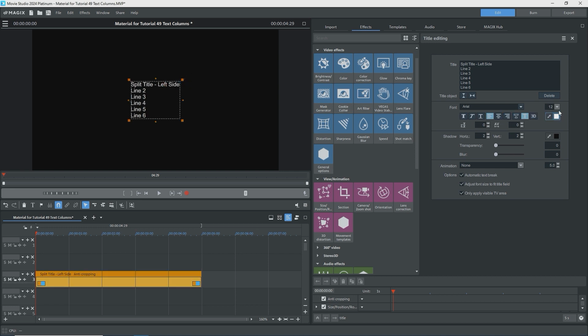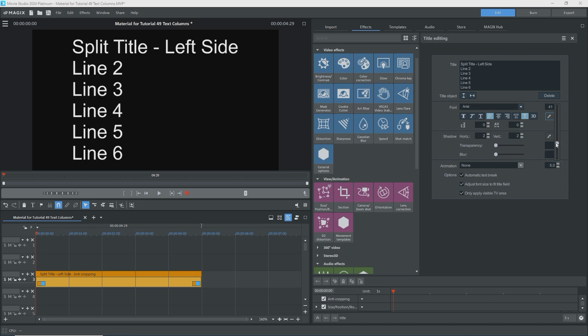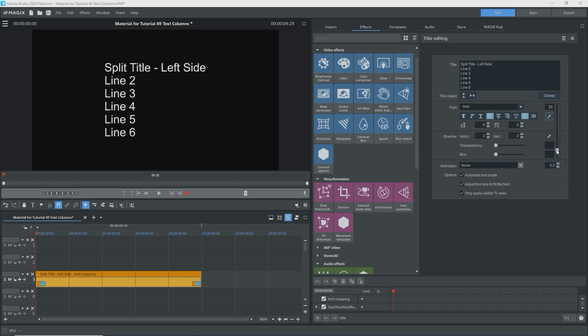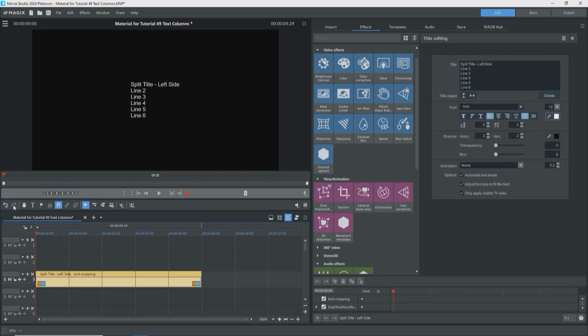Next, I can adjust the font, height, and color, and anything else that I want. This is simply done in the title editor, and whatever you select there will be applied to the entire title. I'll undo that. However, if you want certain letters, words, or lines of text to have different parameters, like font, font size, color, bold, italics, etc., open the text box by double-clicking on the text object and highlight just the text to get the parameters that you want, and change the parameters while the text to be affected is still